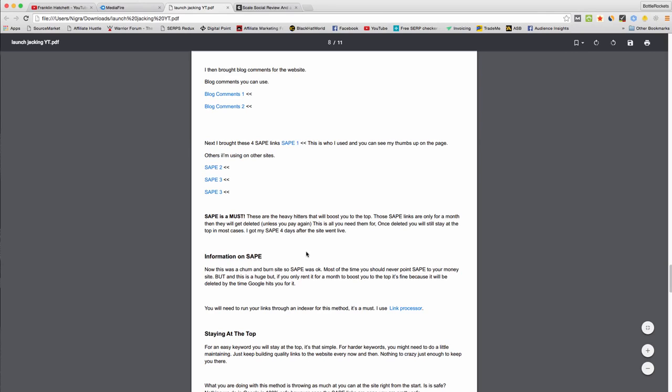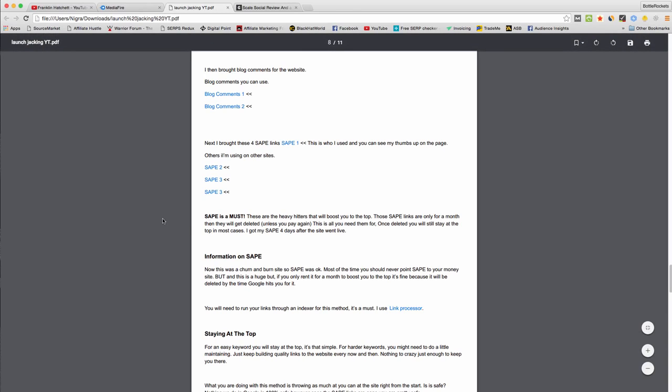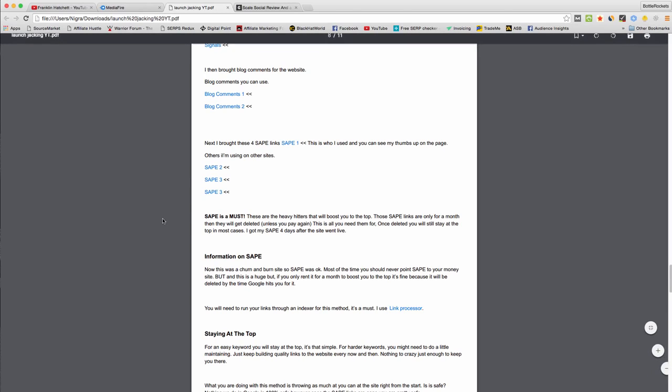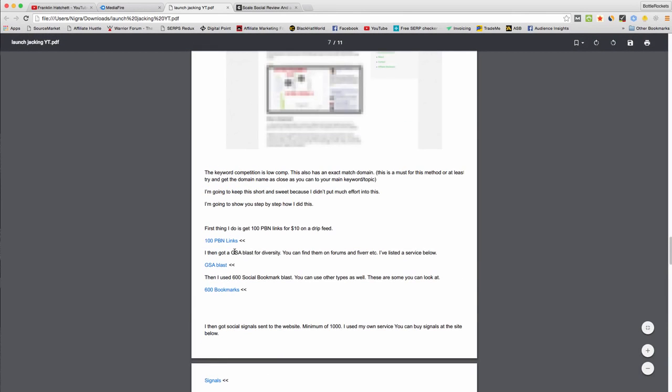You only really need it for the first month. Once that first month is over, you can cancel your SAP links. They'll get deleted. And usually your website's going to stay on the first page, because once you get to the first page on these easy keywords, they're pretty much set. They're set in concrete. They're not really going to move. And if you want, you can just buy some more PBN links for like $10 to keep it there, or